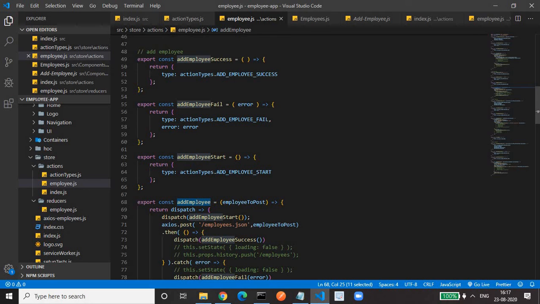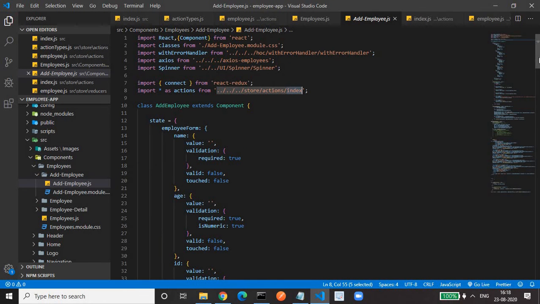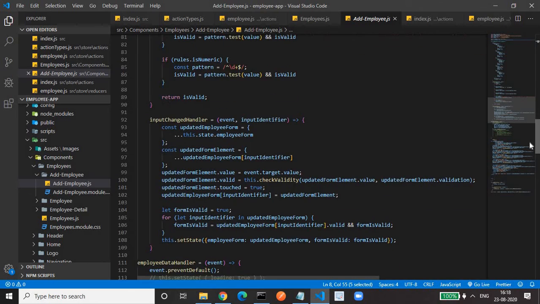We are dispatching with the employee object that we need to add as a payload to the post method. So that's why we need this index file import.